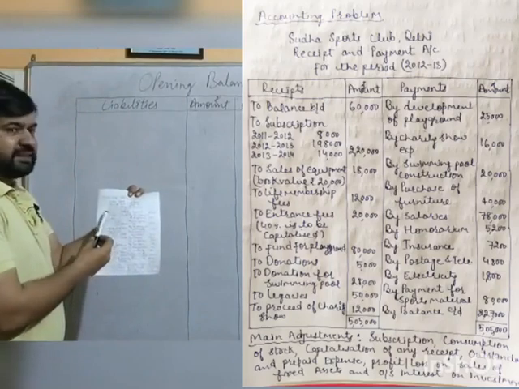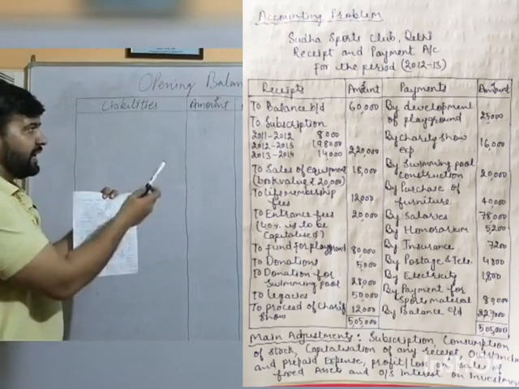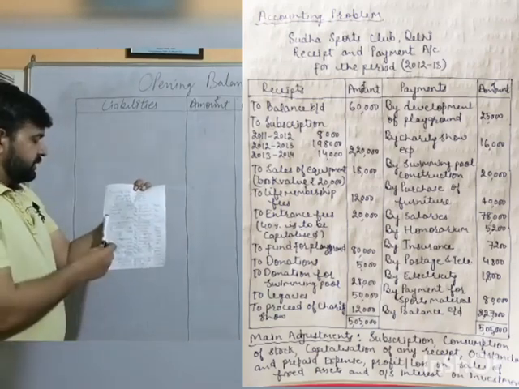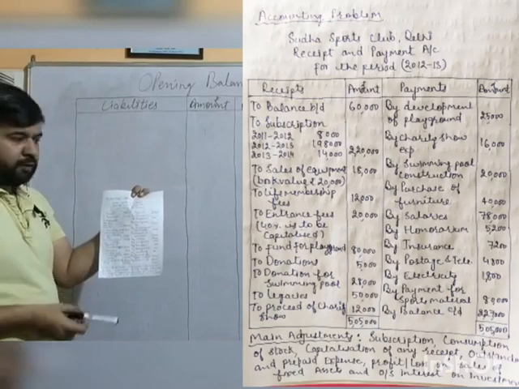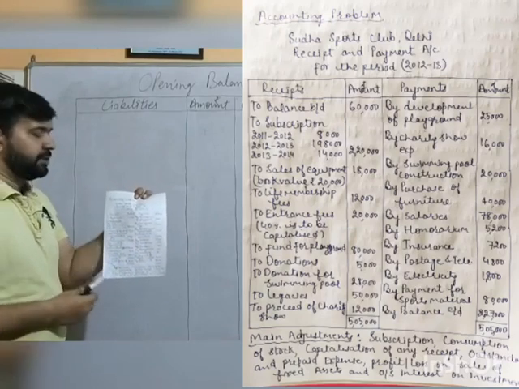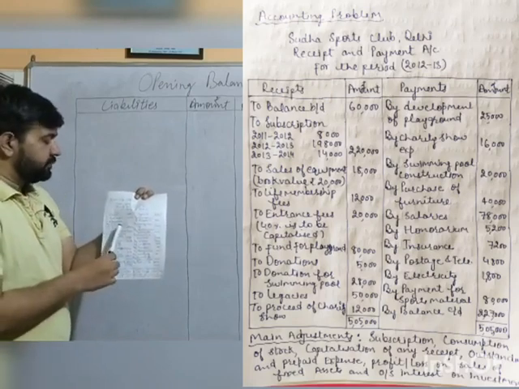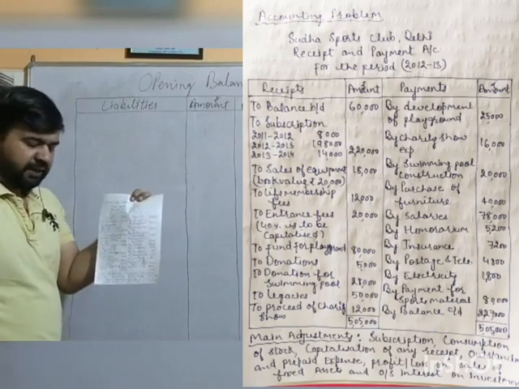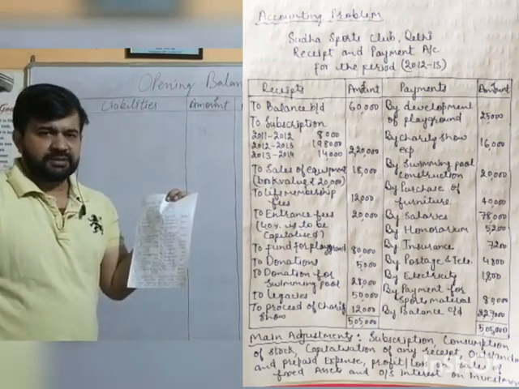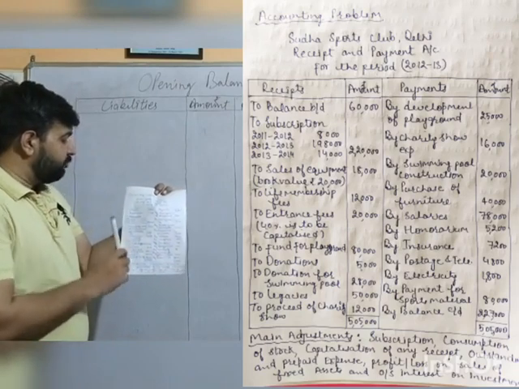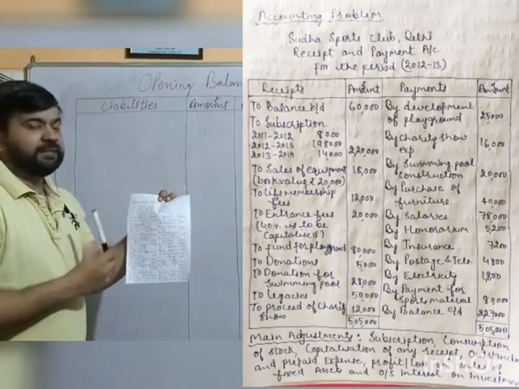Opening balance of cash, rupees 60,000 on the receipt side, is to be shown on the asset side of the opening balance sheet. Subscription: here we are provided with the subscription in a classified, year-wise manner. When subscription is provided in a classified manner, we take only the current year subscription to the income and expenditure account, in which we add current year outstanding and previous year advance. At the same time, we have to ignore subscription of the previous year and subscription received for next year.